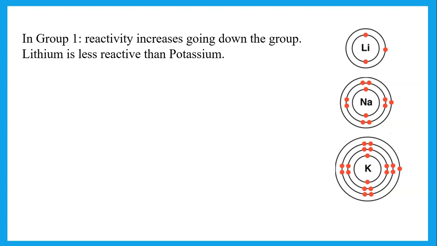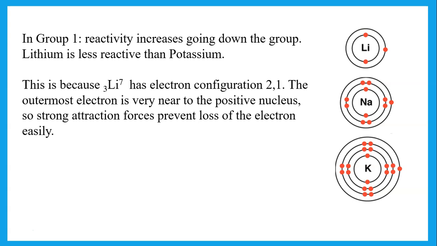Remember that reactivity of a metal depends on how easily it can lose the outer electron. So if a metal can lose the outer electron easily, it is more reactive. So if we look at lithium and potassium, which one would lose the electron more easily? Remember that lithium is a small atom. The electron is very near to the positive nucleus. Strong attraction forces between the negative electron and the positive nucleus, so it is not easy to lose that outer